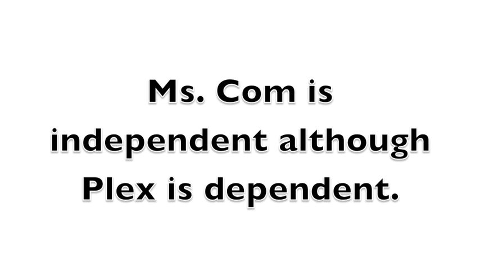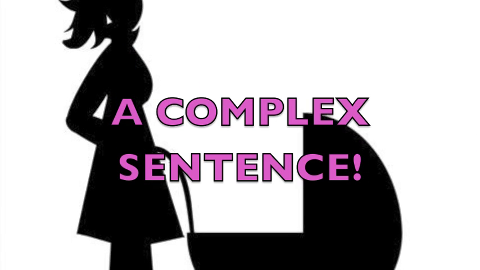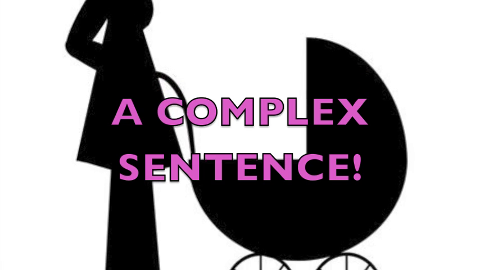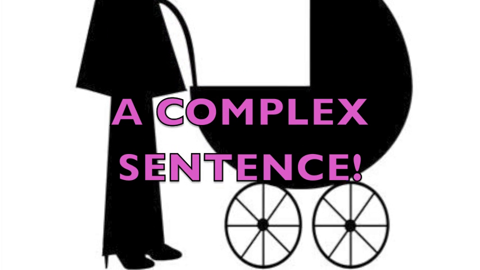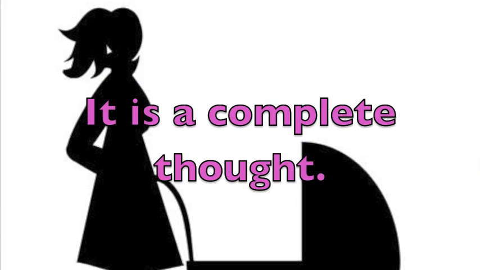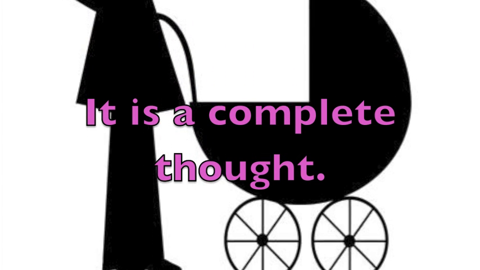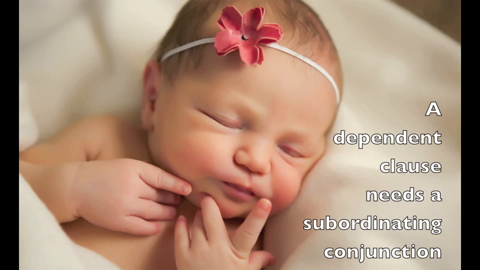This sentence, an independent clause and a dependent clause, is now known as a complex sentence. Once again, it has a dependent clause, an independent clause, and it is now a complete thought. So, don't forget, a dependent clause needs to start with a subordinating conjunction, which are